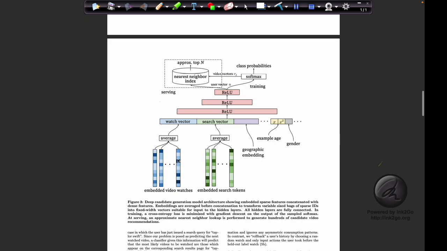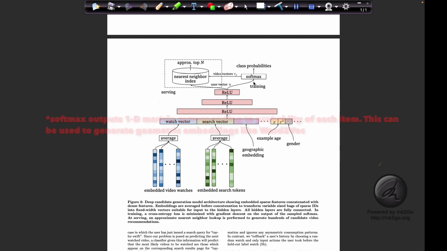It embeds all the video watches of the user and the search tokens with some geographical and age features. They are concatenated and finally fed into a deep neural network, and on top of that a softmax is trained.